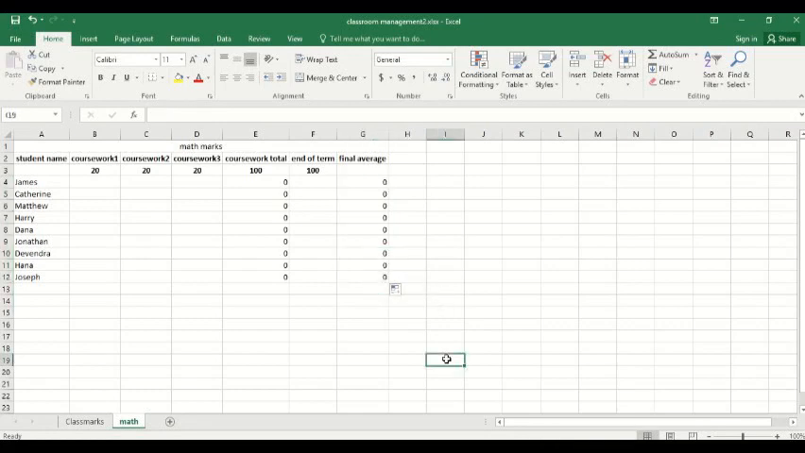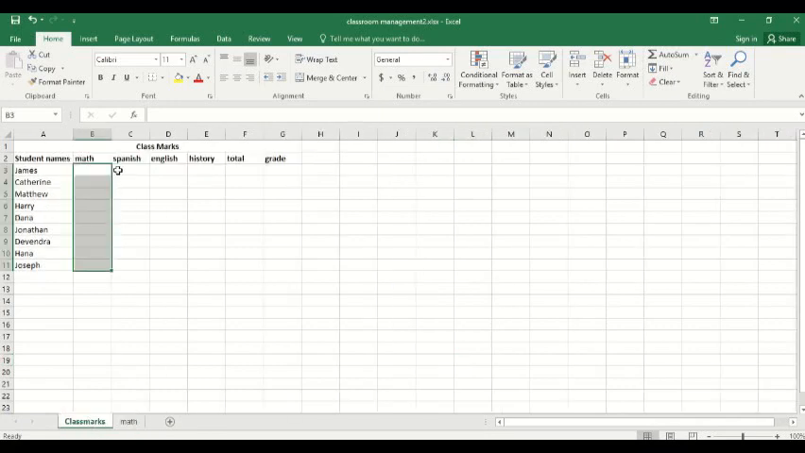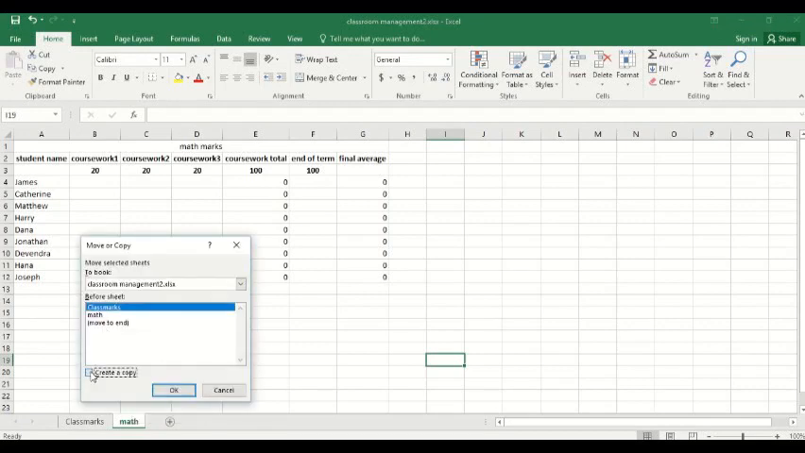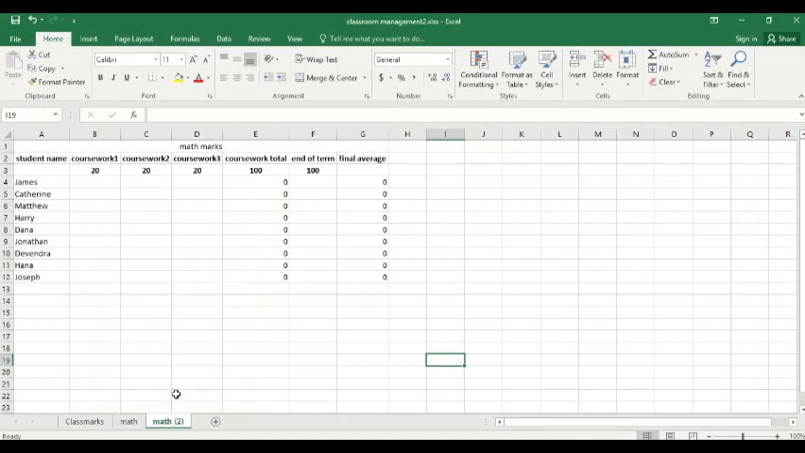Right, so once that is done, we have created a framework for each subject area. So we can now copy this worksheet for each subject area that we have listed, and we could check back and we have Spanish, English, and history. So we make a copy of this for Spanish, English, and history. Okay, so we'll right click on the worksheet, click move or copy. We'll click create a copy and move to end. So now it's math 2, so we can rename this. Right click, rename,